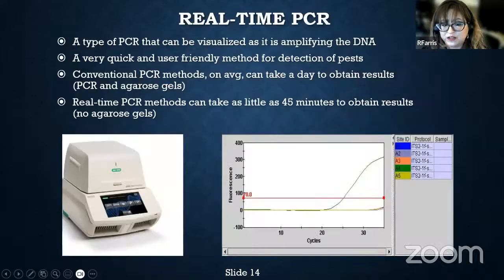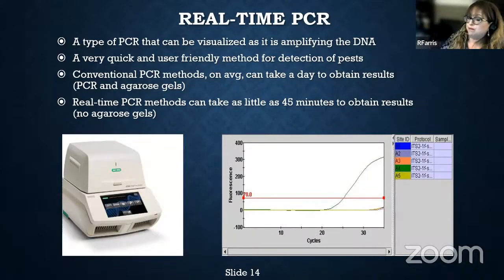So real-time PCR, it's another type of PCR. It's different from conventional. As I mentioned prior, when you're developing your PCR, there are several components that you put in your PCR reaction in order for it to amplify. One of the components you put in there are what we call primers. Those primers hone in to specific regions of your target DNA and they amplify those regions.